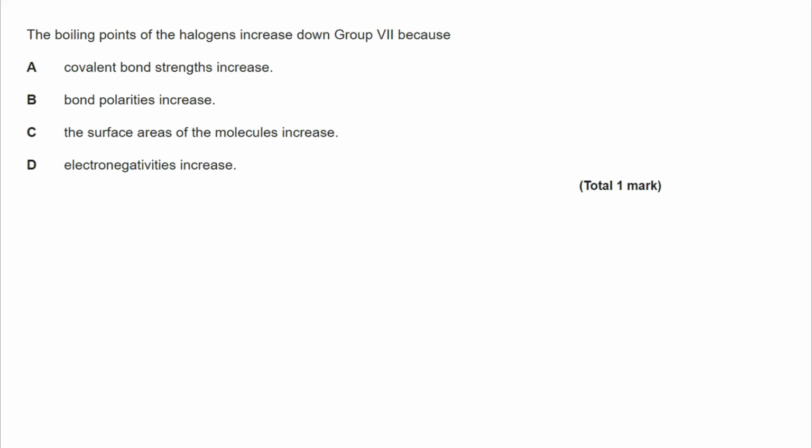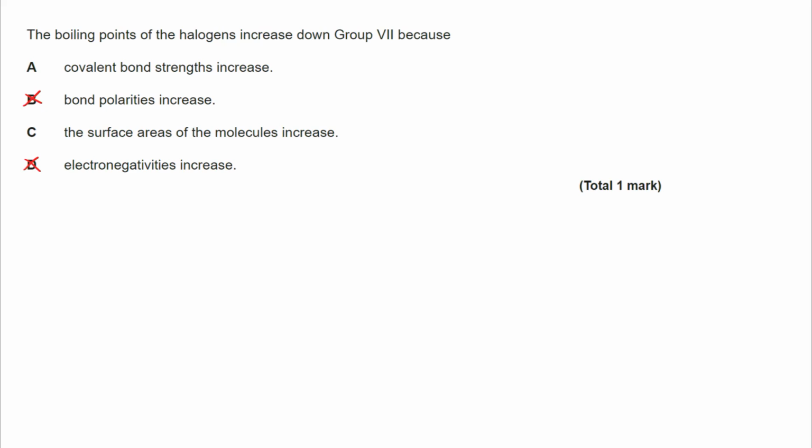So the boiling point of halogens increases down Group 7, and we need to think about why. Well, electronegativity increases, we can disregard straight away because electronegativity will decrease down Group 7. We know that fluorine is the most electronegative element. We can also get rid of B. The bond polarities are,